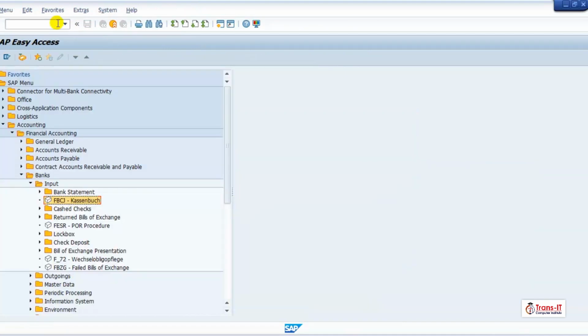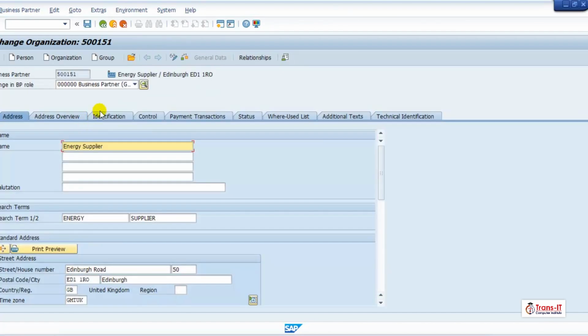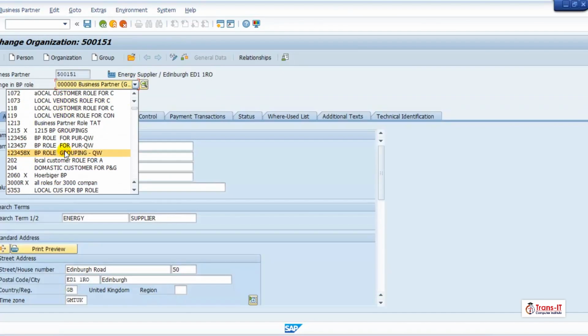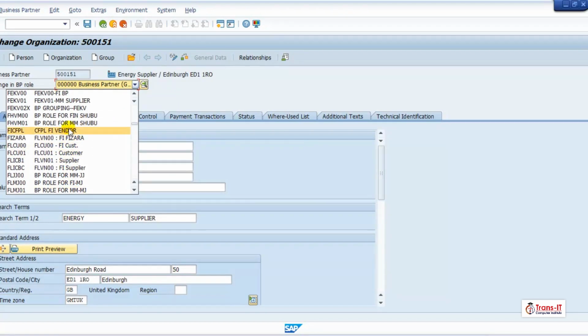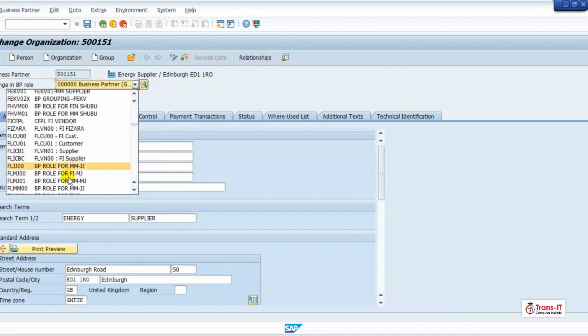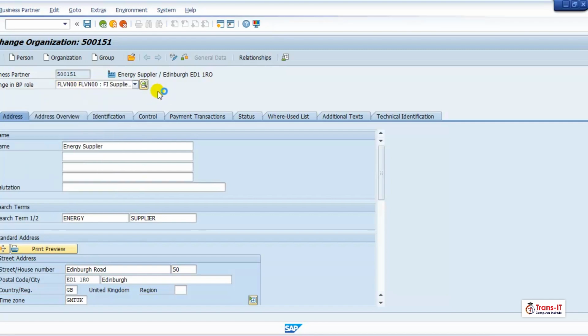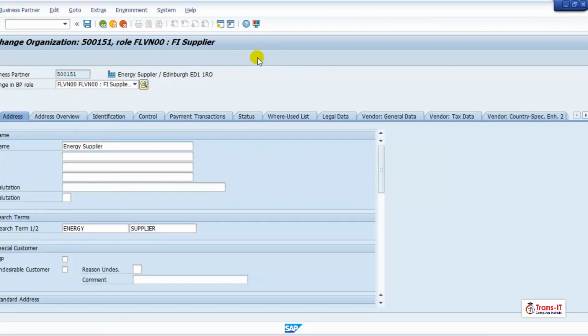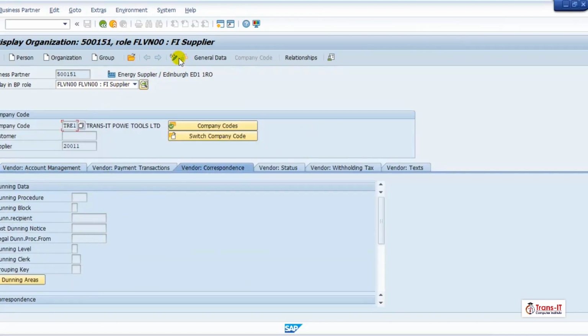Now come back, again enter BP and then change here our vendor. Click on start button, double click on it, change the BP role to FLVN00. Click on change button, company code, and now correspondence. Click on change,